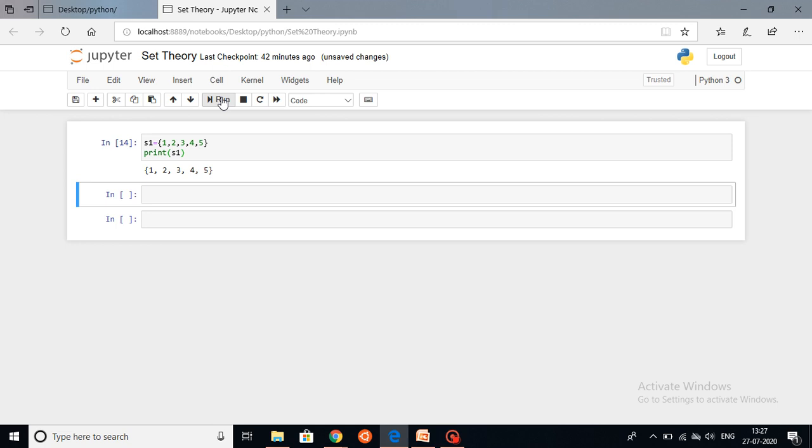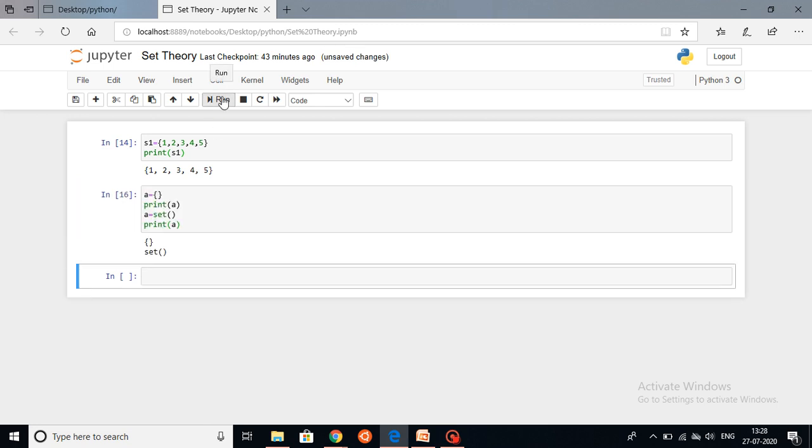So now what if we have to create an empty set? We cannot create an empty set just by not writing any elements in curly braces. This will create an empty dictionary. To create an empty set, we will have to use the set function without any arguments. So now let's see it practically. From the output, it is very clear. With curly braces, the output is an empty dictionary, and with the set method, the output is an empty set.